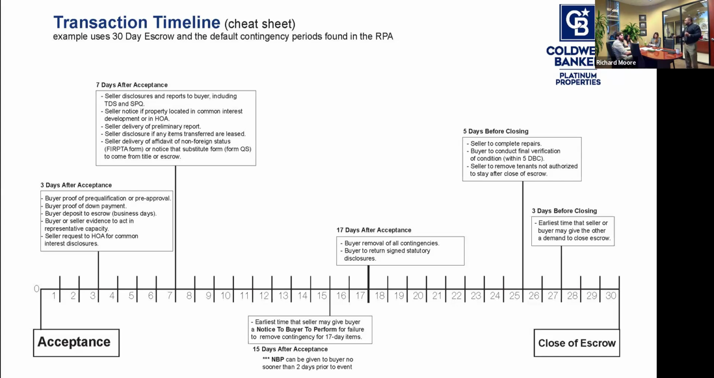Delivering the preliminary report? Well, even that. So if you don't get the prelim until the 15th day, you still have 5 days to review that, even though you said you're gonna remove it on the 17th day. And what is the preliminary report? It's the title report that shows the liens,